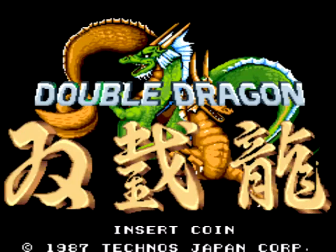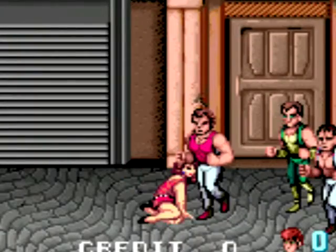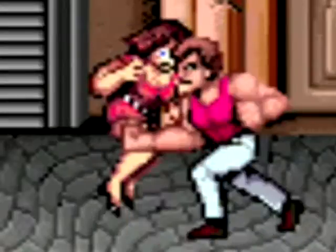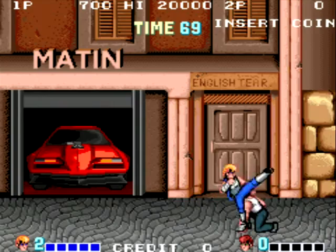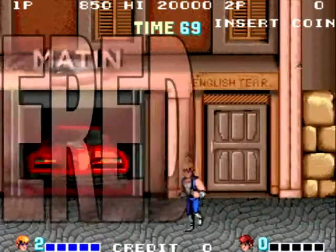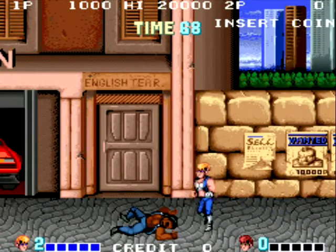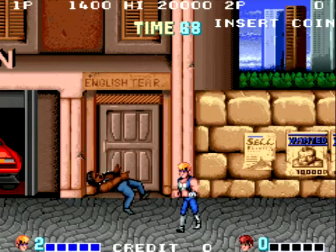Double Dragon. That classic 1987 side-scrolling beat-em-up everyone was familiar with, and if not, it was the one that looked like this. Anyway, this got popular for some reason. And when something gets popular, it usually gets ported over to a billion home video game formats, and here's one